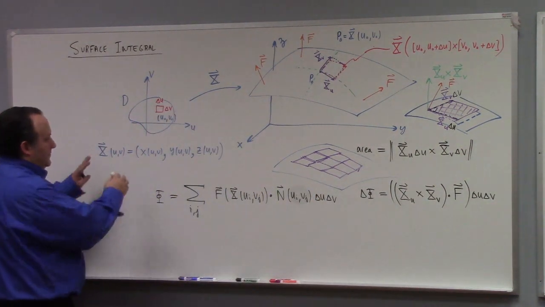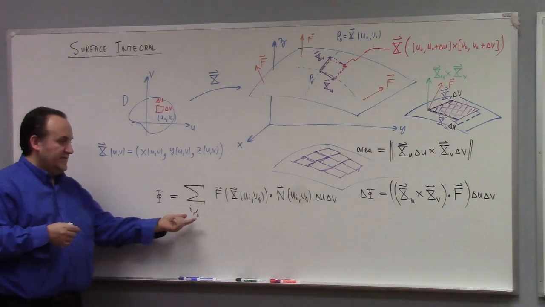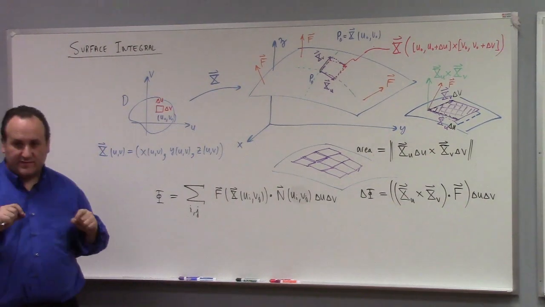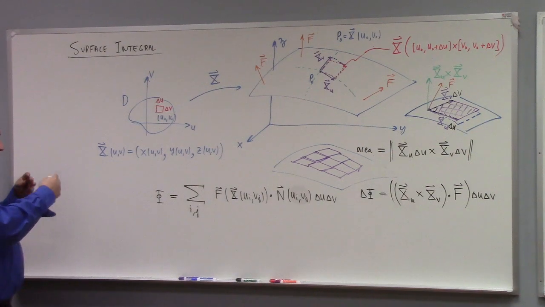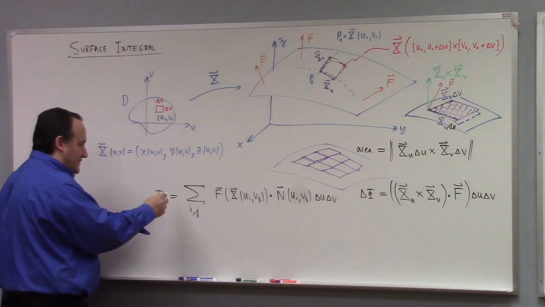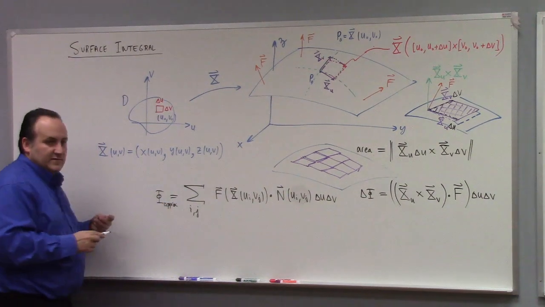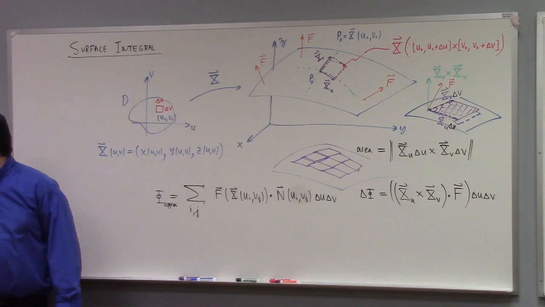Here I'm partitioning the domain into a collection of little boxes indexed by i and j. And then what do you do? That's just an approximation to the flux. So how do we get the exact flux? We take the limit as the delta u and delta v